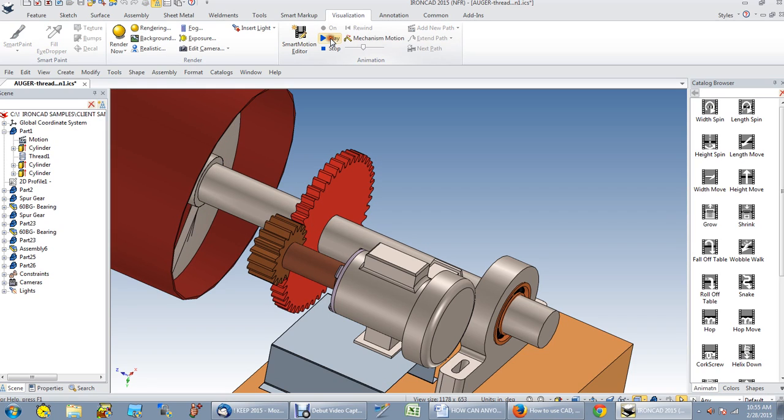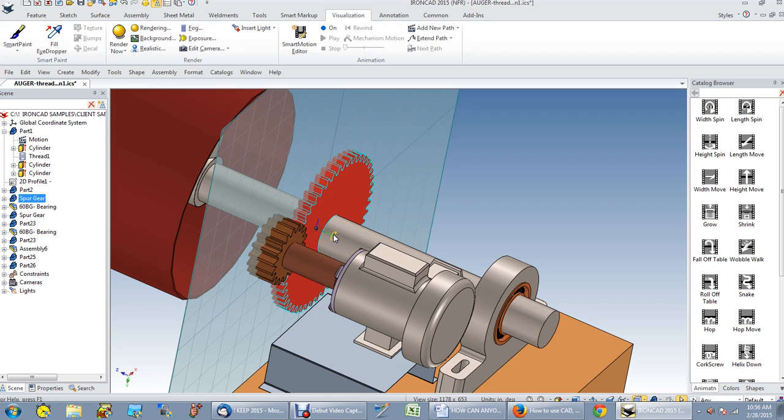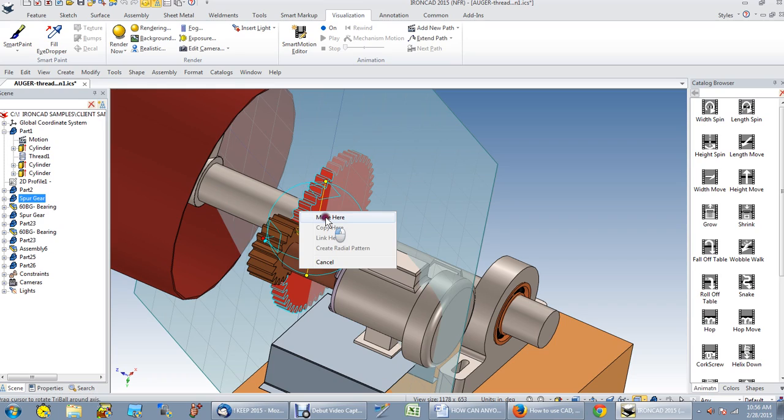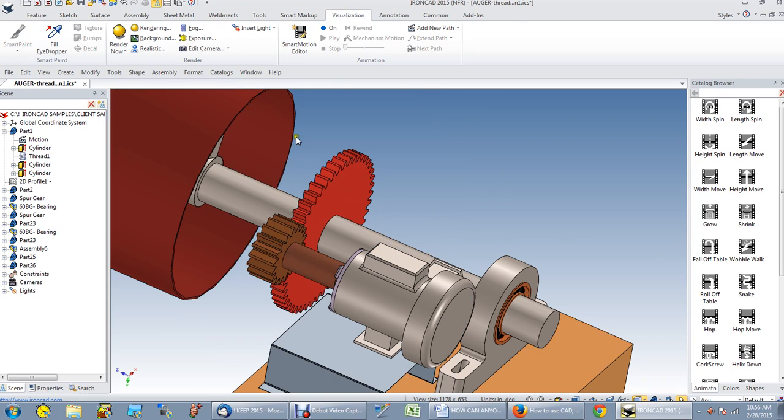Okay, so I've got the brown gear going in the direction I want, but not the red gear. So let me turn the animation off, click on the gear, click on the rotational axis, turn the tri-ball on. I want to rotate that function about that axis. Again, with my right mouse I move it around and do that 180. Escape, pick off screen, just turn this on,